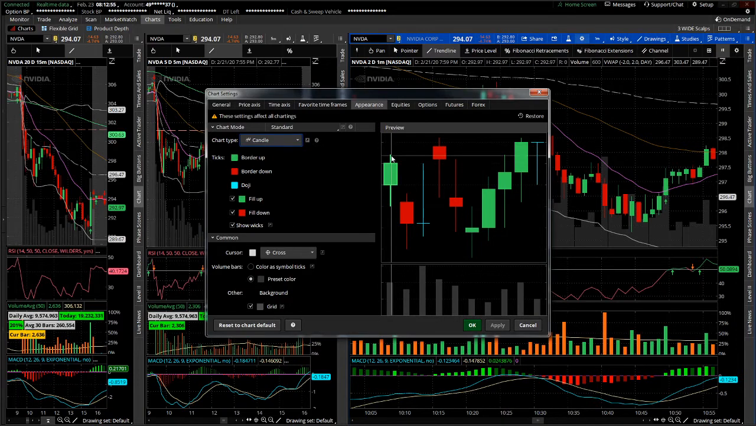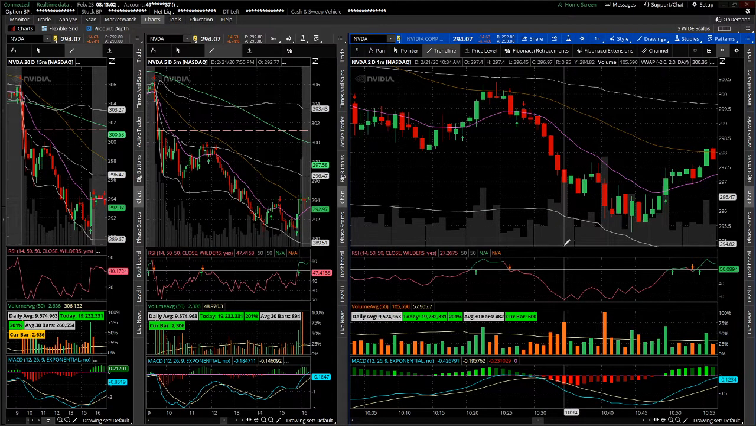I want to see that above. That way I know where the buyers and sellers are. It helps me read the candles better. And we'll go into candlestick patterns some other time. But as far as